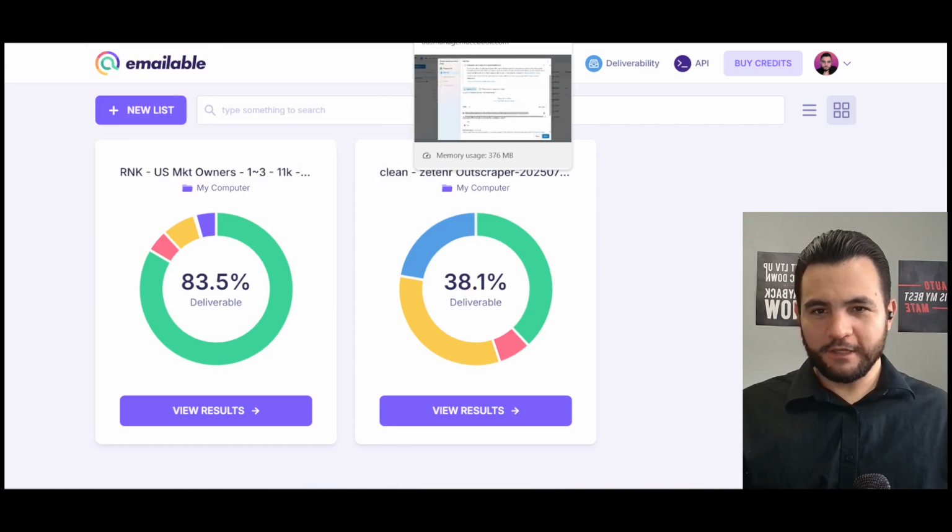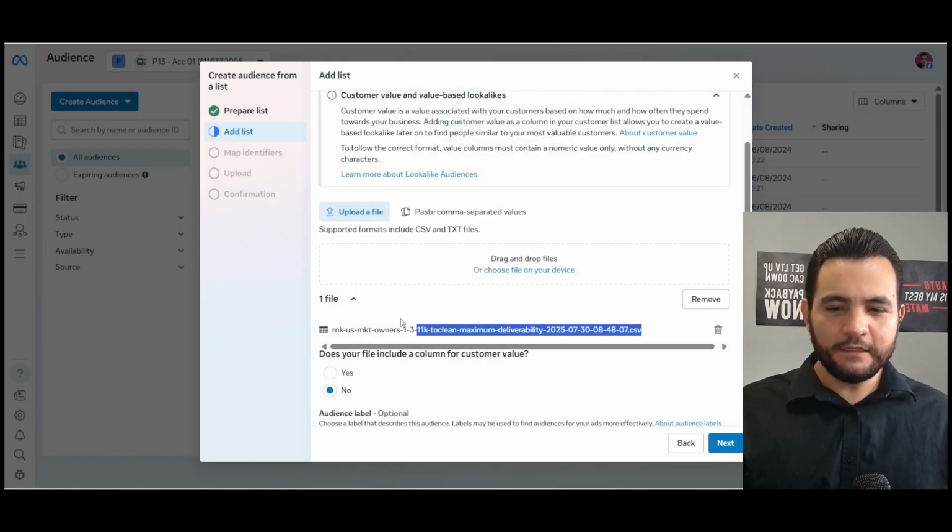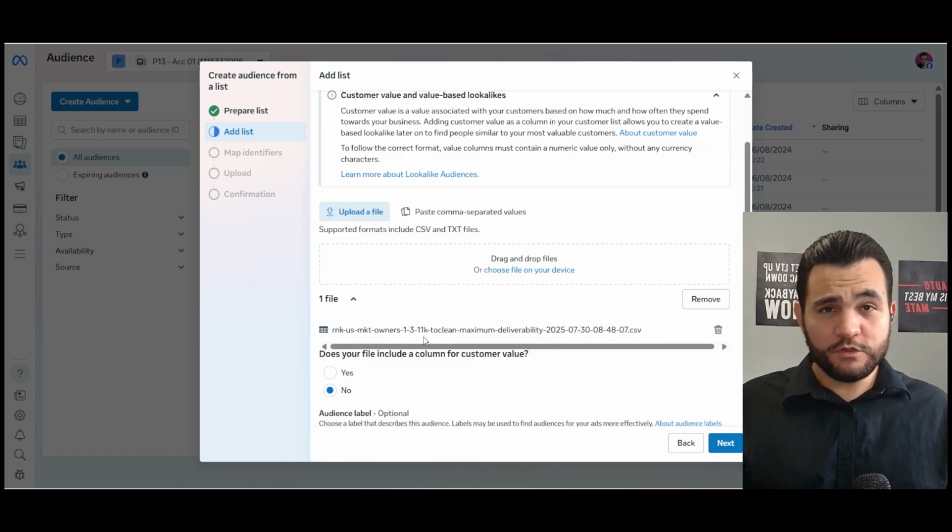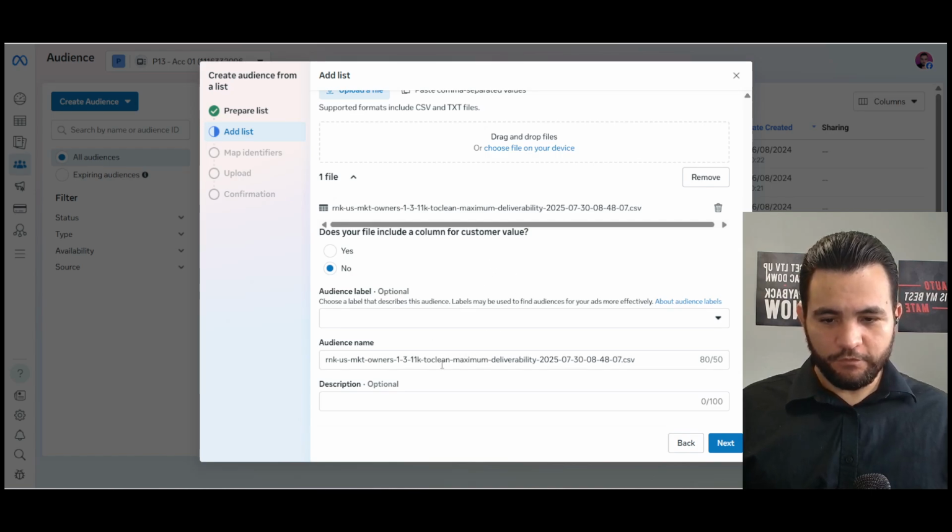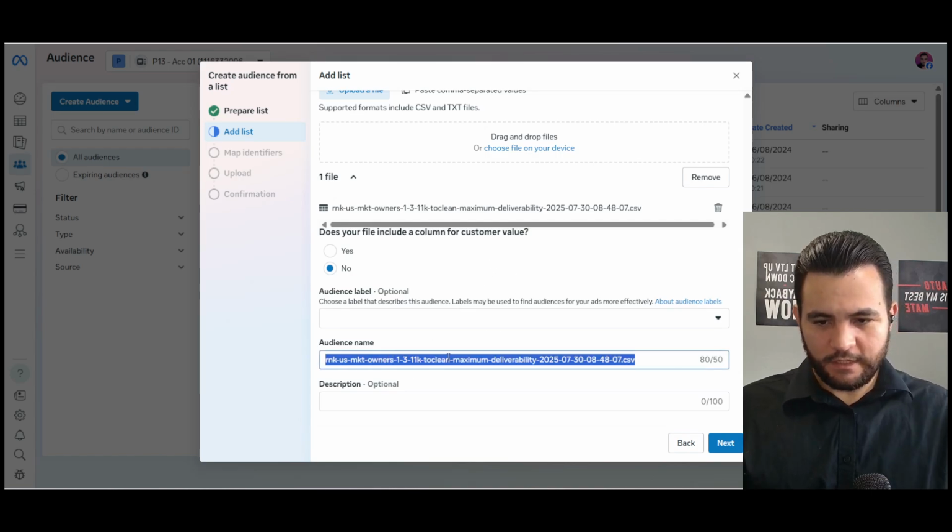Now, coming back to the campaigns, I cleaned the list and spent the money to clean it, so I'm going to use the cleaned one because it's the best. Moving forward, let's give it a nice name. And the name I'm going to be using is